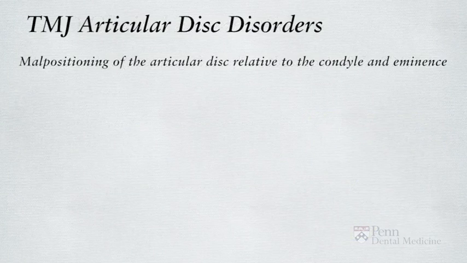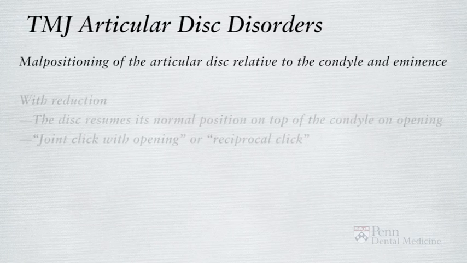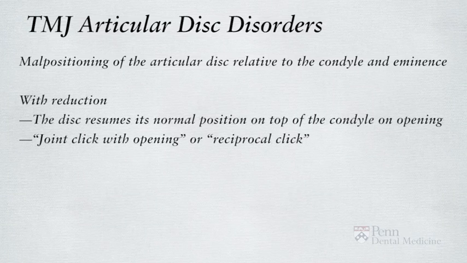TMJ articular disorders refer to malpositioning of the articular disc relative to the condyle and articular eminence. Typically, the articular cartilage is in the 12 o'clock position superior to the condyle. The majority of articular disc disorders represent disc displacement anterior to the condyle. The term TMJ articular disc disorder with reduction refers to an anteriorly displaced disc that resumes its position on top